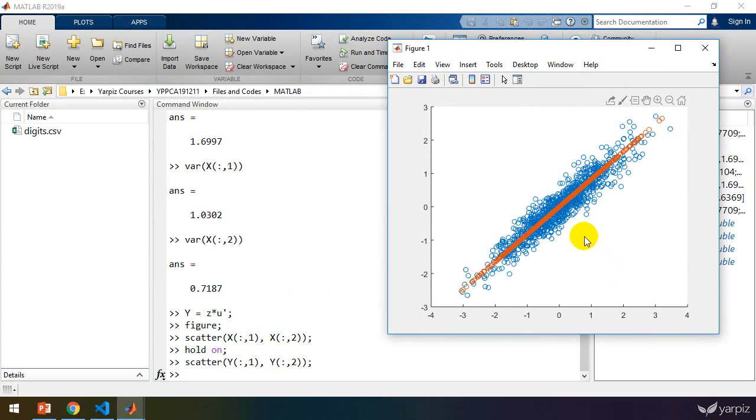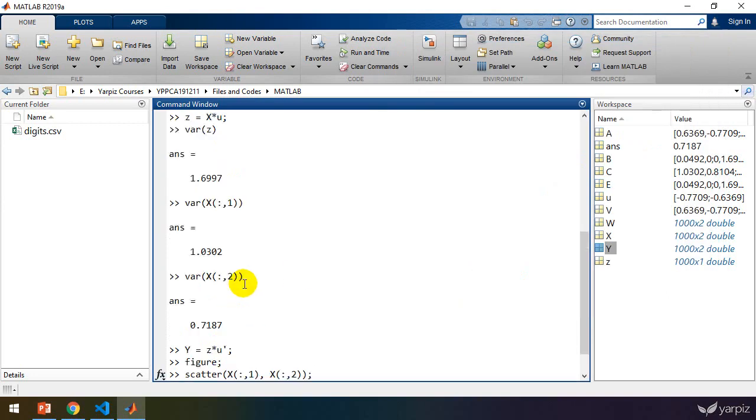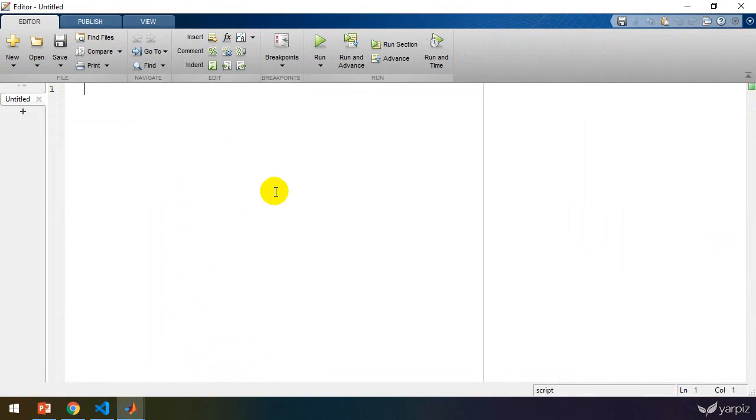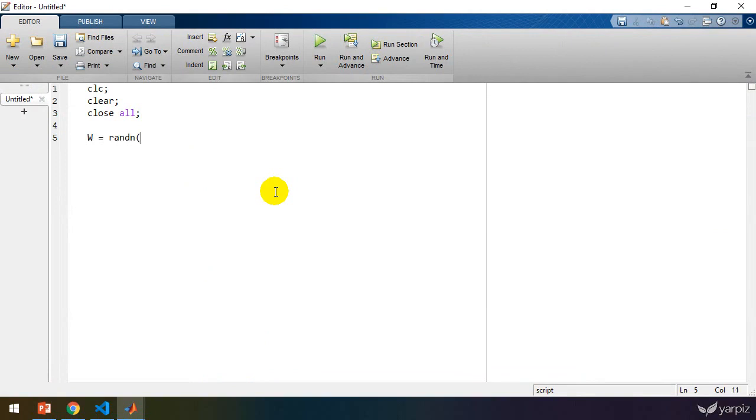And you see that if we watch in this direction, perpendicular to this line, we get the largest possible variance from data. Okay, I'm going to gather all these inside a script and have a fully functional PCA program. Let's open the editor here, and I'm going to clear the screen, clear the workspace, and close all other figures probably open. I'm going to create a W, randn, 1000 observations of 2 variables, and I'm going to create a 2 by 2 matrix here,